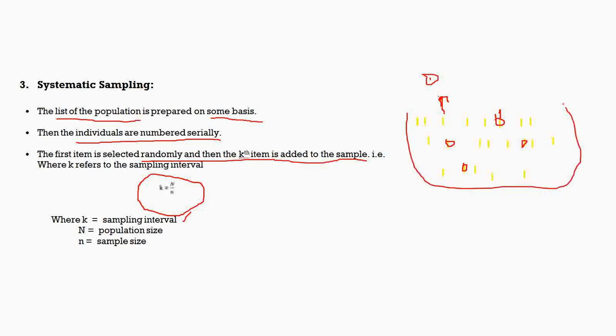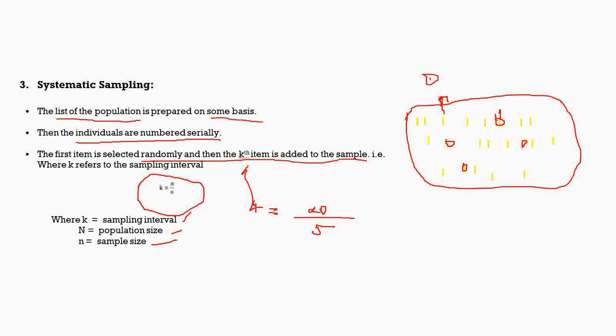Say over here we have some 20 people and from that we are picking a sample size of 5. 1, 2, 3, 4, 5. We have chosen 5 people and at every fourth person we are cutting it. So 20 divided by 5 will be 4. Okay, so that is our calculation. 20 divided by 5 is 4. So here this 4 is our K.